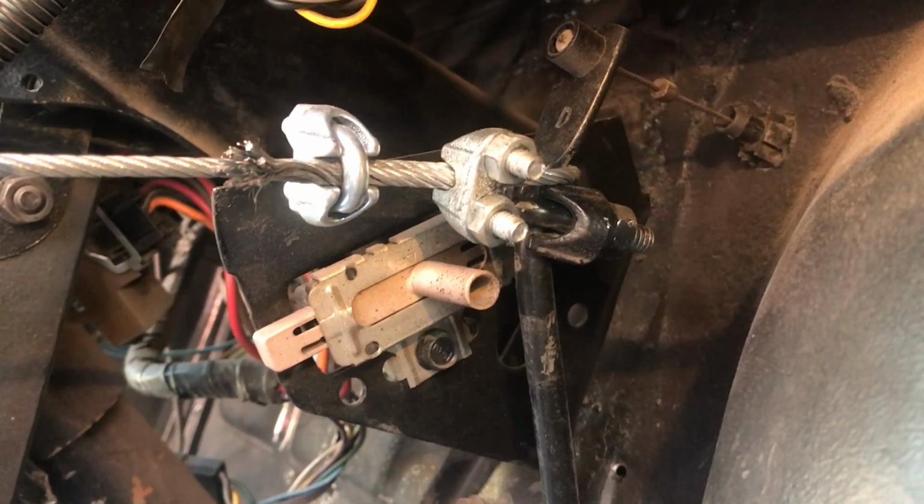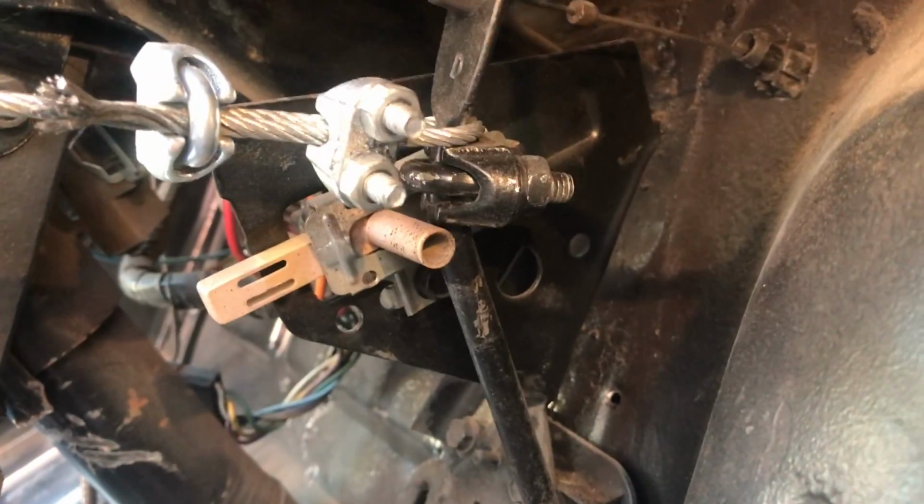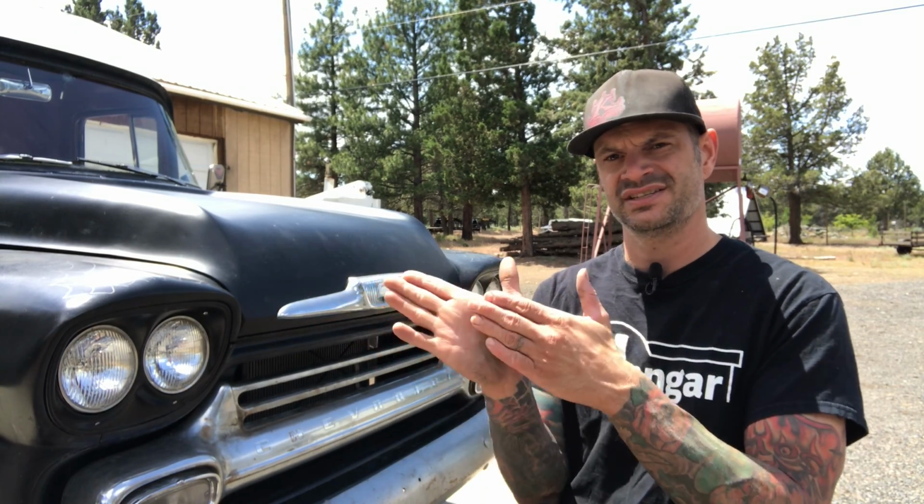For the turbo 400, it's an electronic solenoid that when you hit the gas, it flips this switch thing that sends a signal to the transmission that tells it to kick down. But on the 700R4, it's all controlled by the TV cable. It's all throttle position, and it adjusts the solenoid inside of the transmission, which adjusts the pressure and tells it